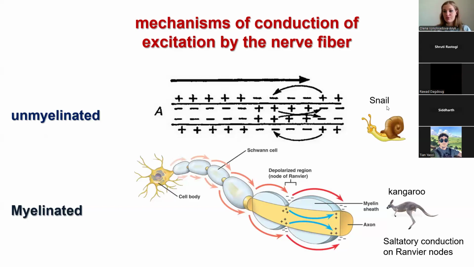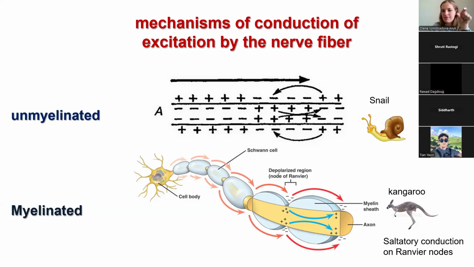Why is it important for us? Because where we have myelin, it means we have insulation. Where we have fat, this area cannot conduct electrical current. And for myelinated fibers, we have some